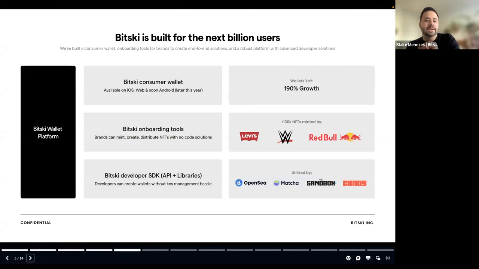Yeah, of course. So Bitski, I won't share a bevy of slides here, but a quick thing about Bitski. Bitski is a wallet company, but we're not just a wallet company. We are also a Web3 platform company, but it's all in service of bringing seamless wallet experiences to people in the space. Everything from being able to claim the NFTs that you just saw in the previous slide to giving developers tools, both SDKs, APIs, etc., to be able to easily bring wallets to everyone.